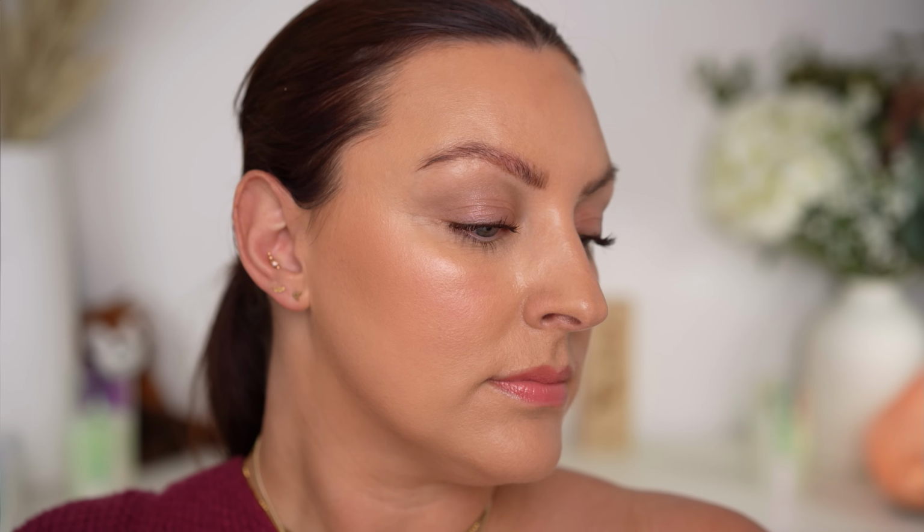That's going to give us a really realistic view of the finish of this foundation. I also filmed an 8-hour check-in the other day when I was wearing this foundation. I'm not going to be able to do that today, so I did this yesterday, and my day yesterday was just giving the foundation a bit more of a test because it was a long day and we had swimming lessons, so it got some humidity, it got a lot of outside time at the park and things like that. So this was at about the 8-hour mark, and really not a lot of real issues or real signs of